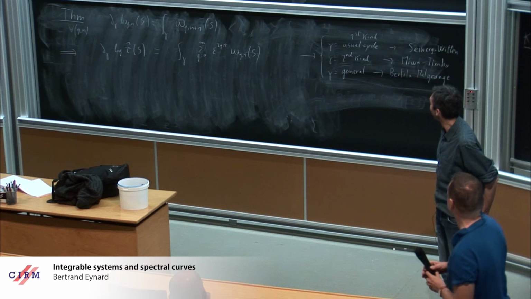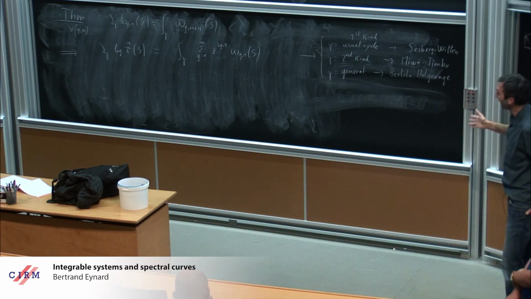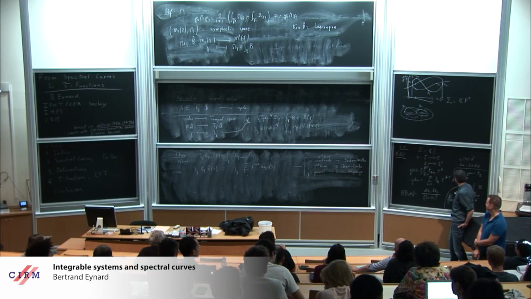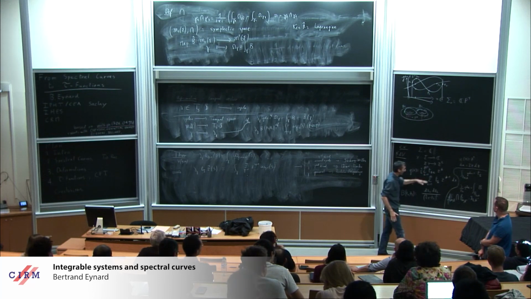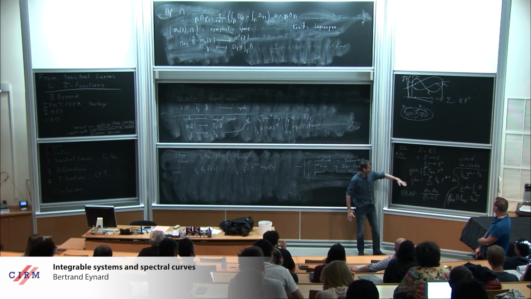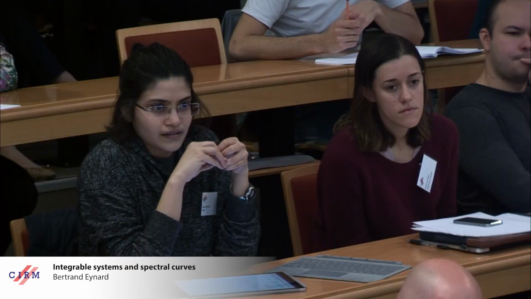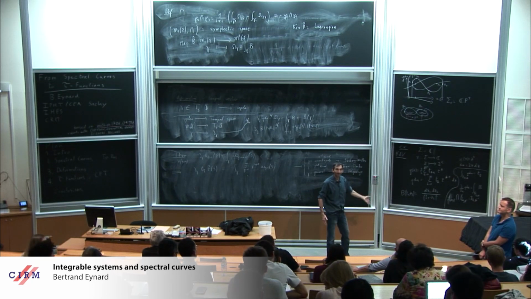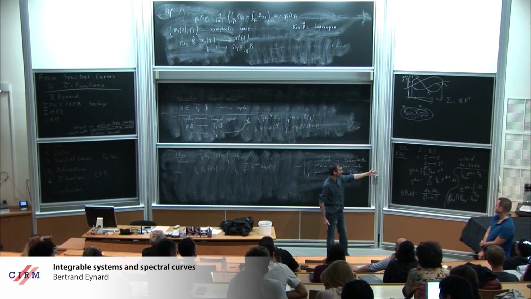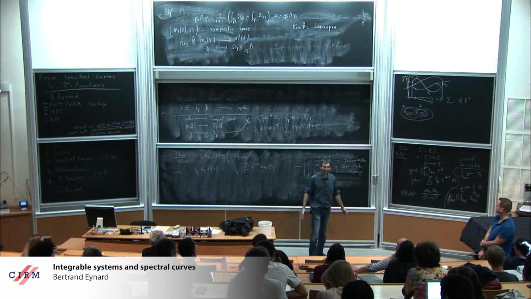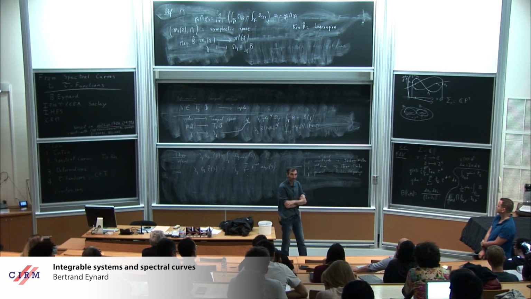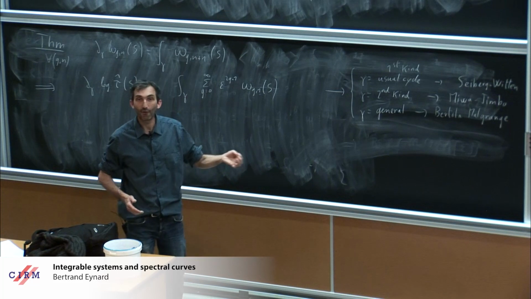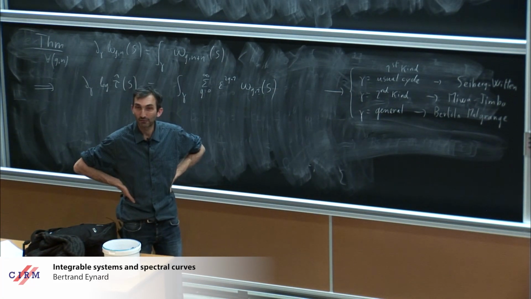There are many things that I didn't have time to say, but the idea is indeed that, in this example, the A cycles were in the kernel, and the B cycles are in a complement of the kernel. So basically you have to make a choice of another Lagrangian here. It's not canonically defined, you make a choice. In this example of KdV, there is a kind of natural choice, but in general, there can be many different choices. And in fact, what I didn't have time to say is that the tau function depends on such choice. So you have to make a choice of Lagrangian.